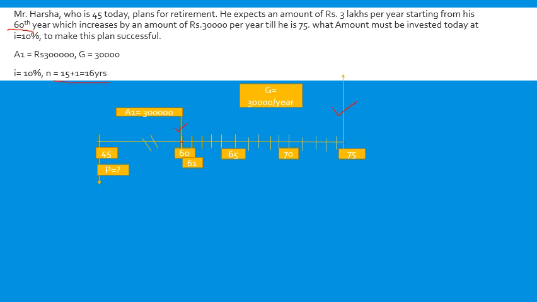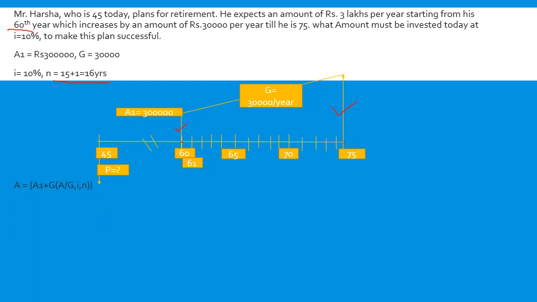You need to be again a little bit careful here. Normally what mistake do we make? 60, 75, so it is 15 years. No. If the first payment had started from 61st year, then it would have been 15 because the total number of payments would be 15. In this case, first payment starts on 60th. That's why the total number of payments would be 16 and hence N is equal to 16.